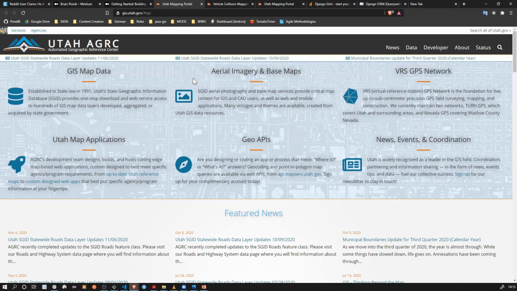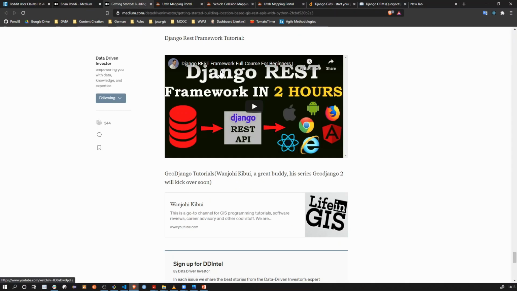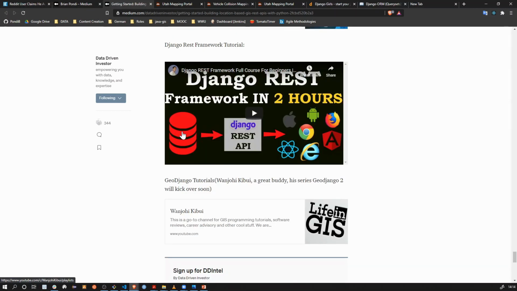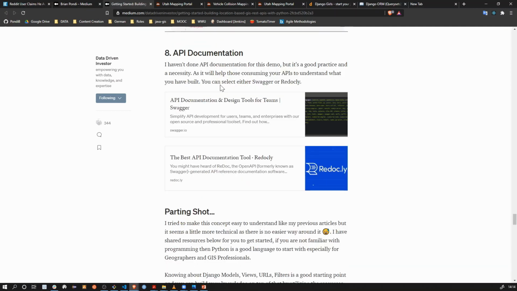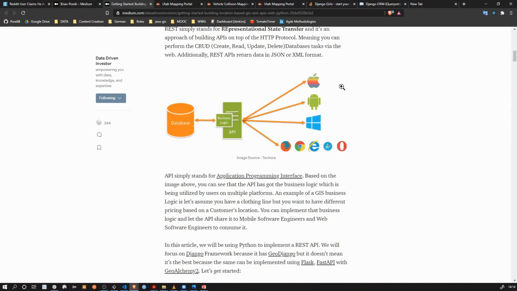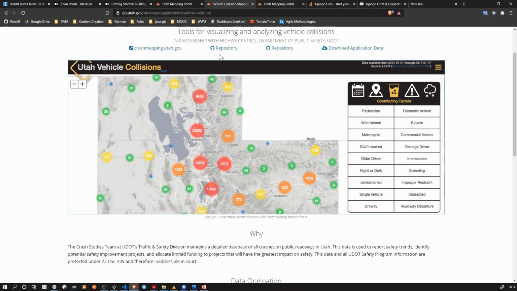You can always check this out. There was a proper layout. Then Wanjoy, definitely a great guy. He has done some tutorials in Django, so it's great to watch. Since we're in the era of REST APIs, that just means you provide a data endpoint. When you build the backend, someone else, whether creating mobile, iOS, Android, desktop apps or web apps, can consume your API. Basically, the data comes from the database, and there's a backend to bring it to the front end. Then there's someone who designed the front end. So we'll discuss this.